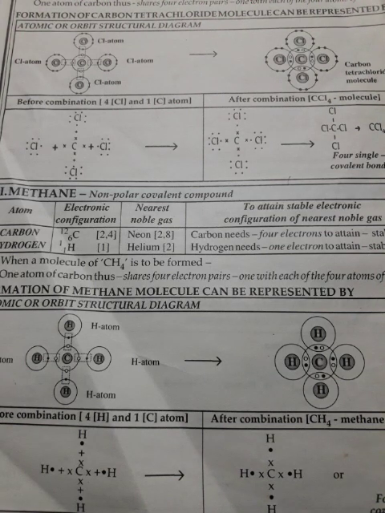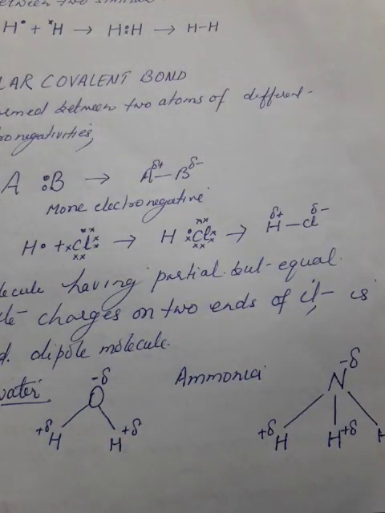For the electron dot structure, draw a shared pair of electrons between two atoms, like in hydrogen, 2 dots between two hydrogen atoms, as both combining atoms have access to the shared pair of electrons. Is this clear? Then a covalent bond can be polar or non-polar. In short, I will explain.